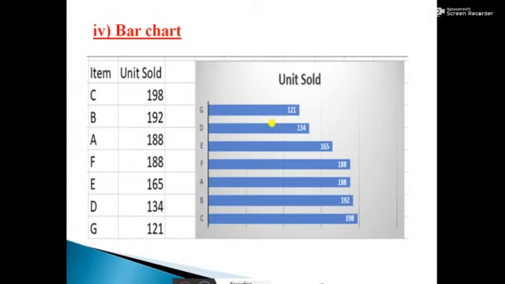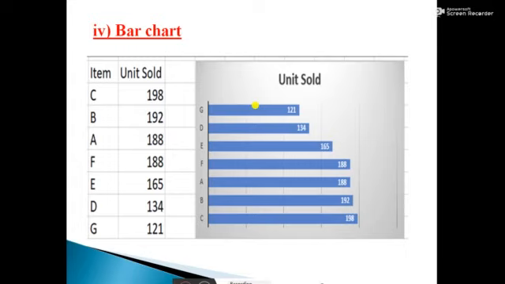When we need to make a comparison among individual items. It's like a column chart. And also these bars are placed in rows. So we can say this bar chart is also known as row chart.